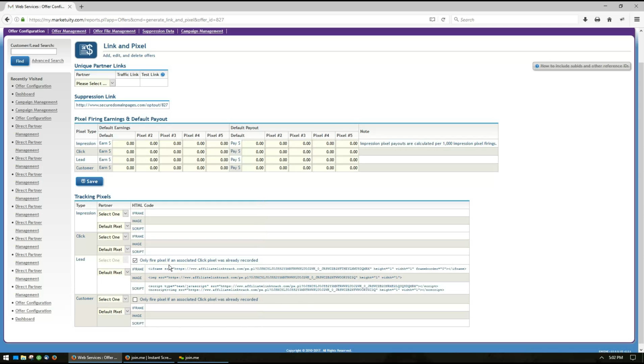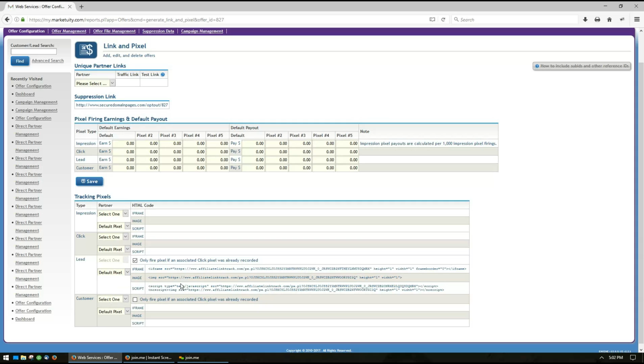So today we're going to assume that that's the way we're going to do it. Now we can have up to 5 different pixels per lead, and that would only be useful if you're going to get paid on multiple different pages for different actions. Most of the time you just get paid one time, and so in that case we just use the default pixel. Come in here and we choose whether we want to generate or give the advertiser an iframe, an image,